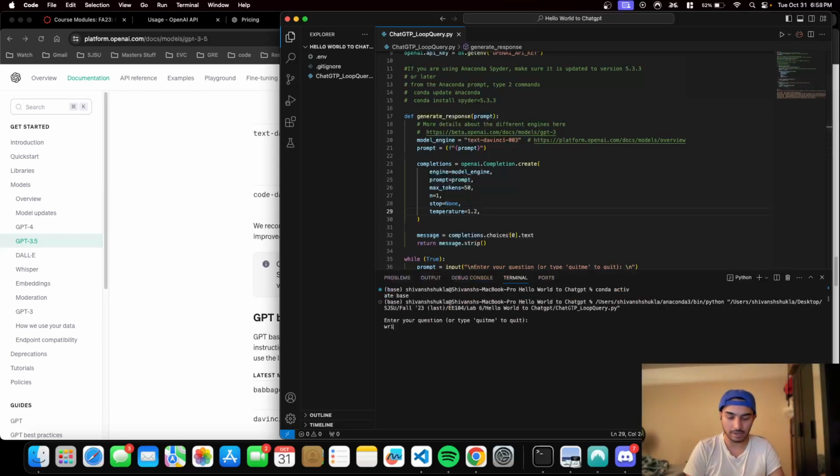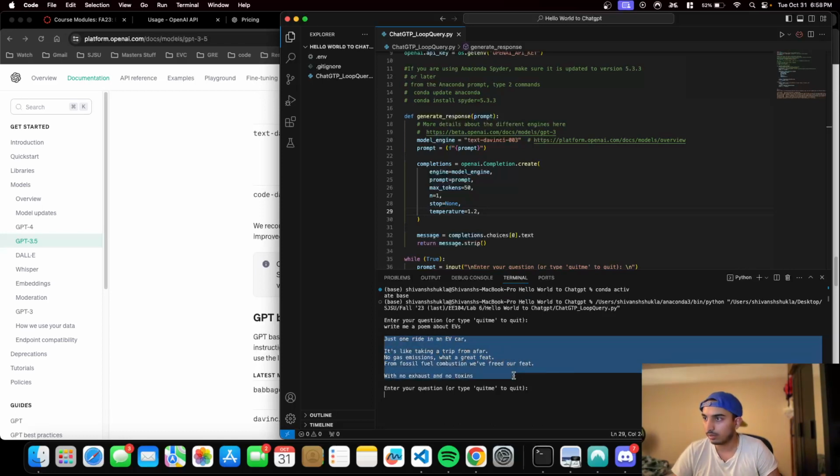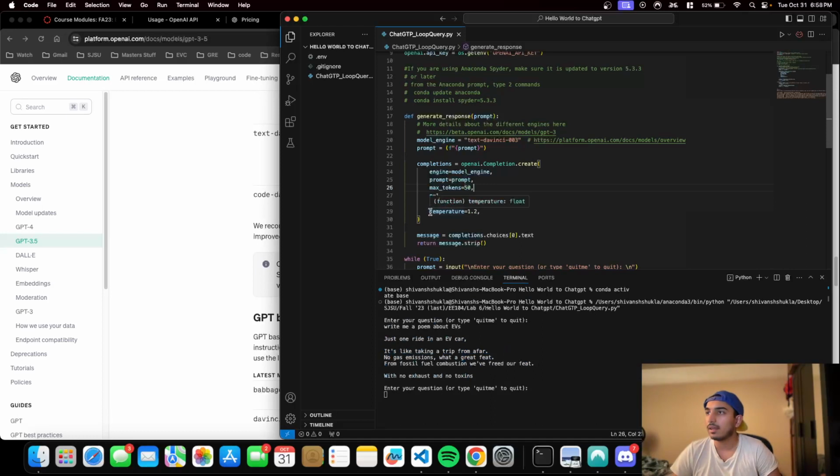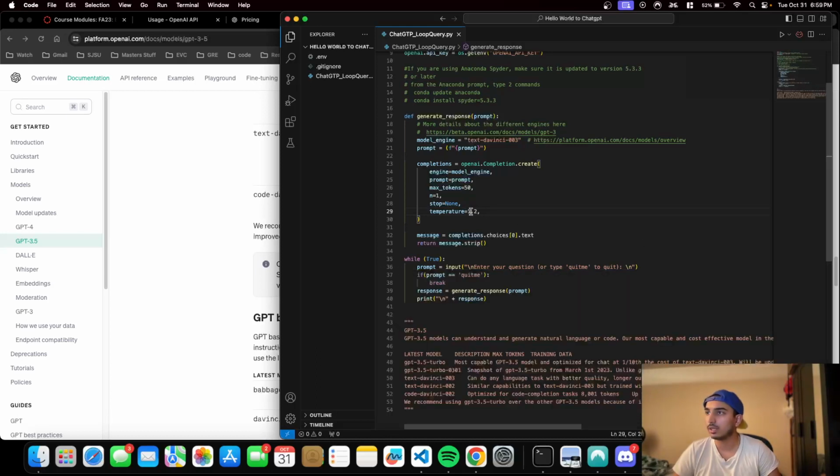And now if I write "write me a poem about EVs," it's a short poem, as you can see, because we are only using 50 tokens. And then it is super random because, well, yeah. So just one ride in an EV car is like taking a trip from afar with no exhaust and no toxins. And if I quit this and change this to 0.1, which is super sophisticated, I haven't changed anything else,